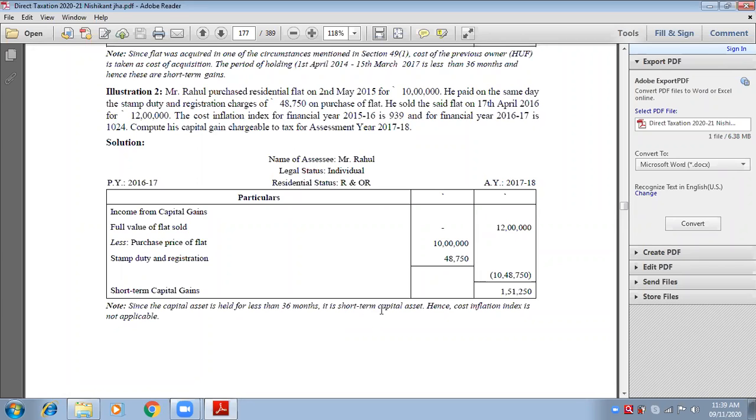Write down, I'm waiting for you. That means you have to inform why you calculated short-term capital gain: because it is a short-term capital asset. And because it is a short-term capital asset, you calculated short-term capital gain. You need to inform them how it is a short-term capital asset: because the asset is held for less than 36 months. Ma'am, done. Very good. Good job.